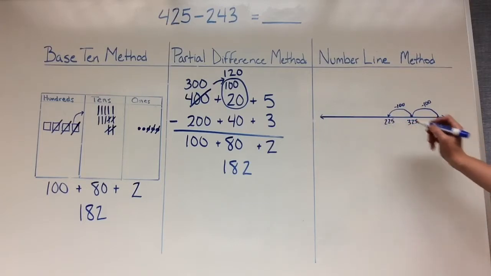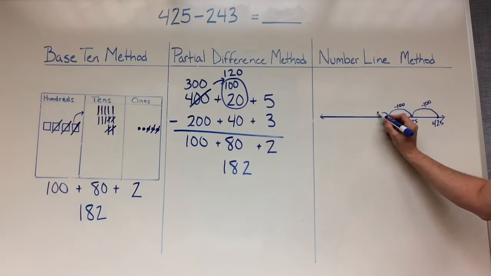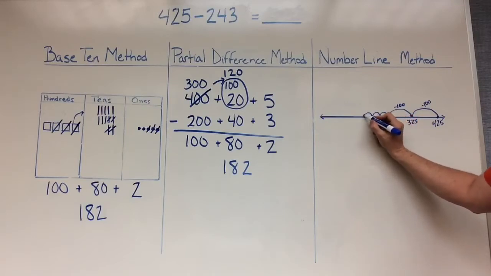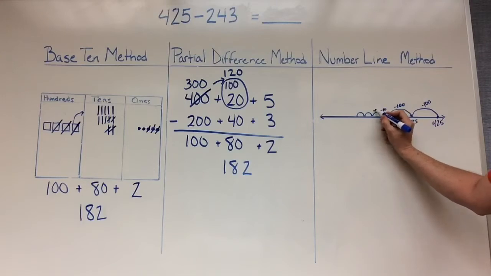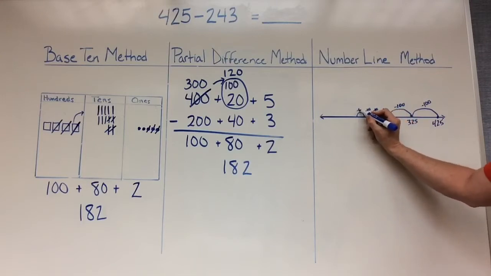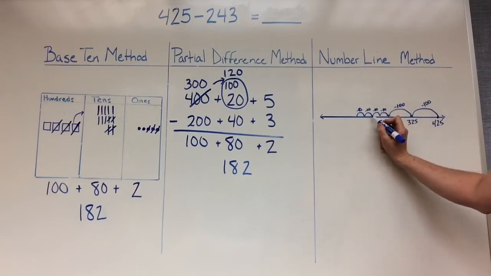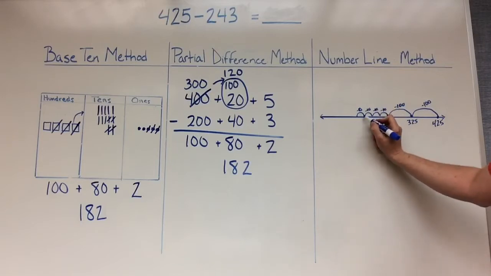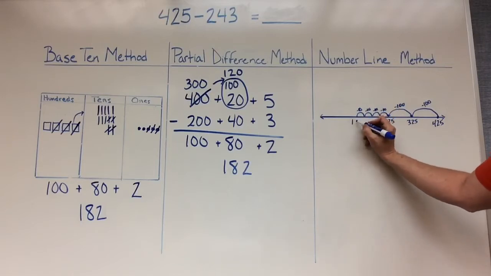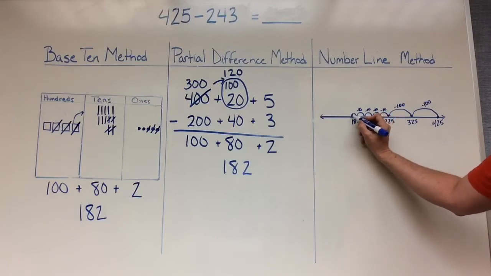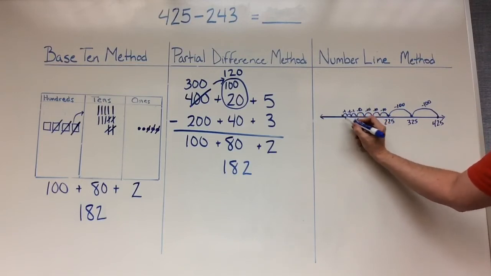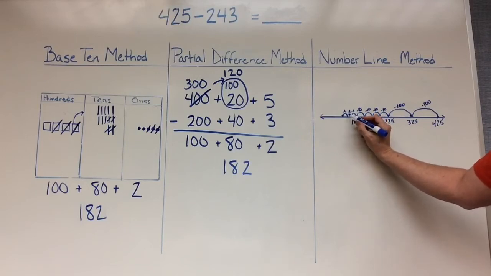And I'm subtracting 4 tens. 1, 2, 3, 4, so each of these is minus 10. So 225, 215, 205, 195, 185, then minus the 3 ones, so minus 1, minus 1, minus 1, 185, 184, 183 to